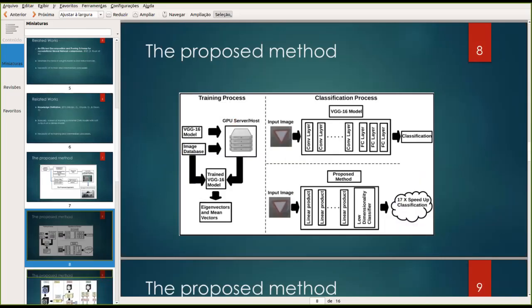This figure shows the flow of the proposed framework, comparing the VGG classification process versus the proposed method. The method accelerates the classification approximately